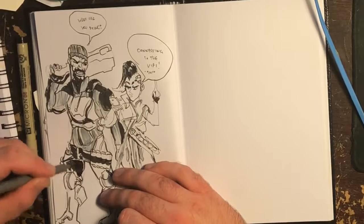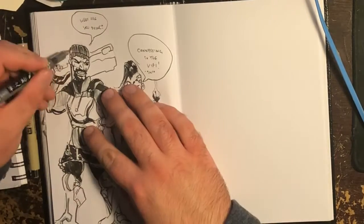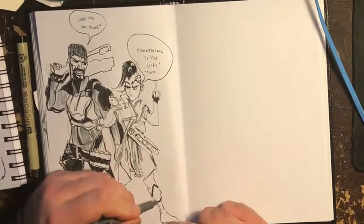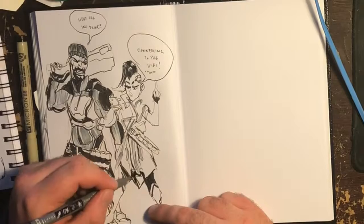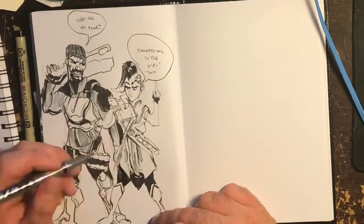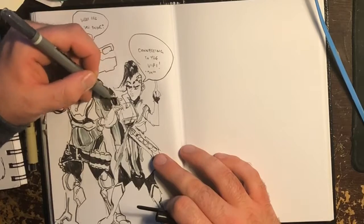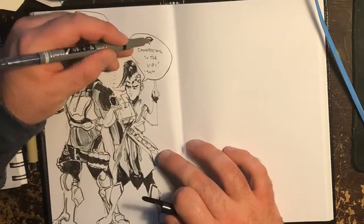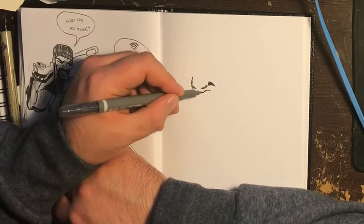It looks like Thanos squaring off with Kratos, the God of War from the original games. I don't know the artist, but it's really cool. It's just a black and white sketch, but it was awesome when you think about it. But yeah, I think it's a good learning tool